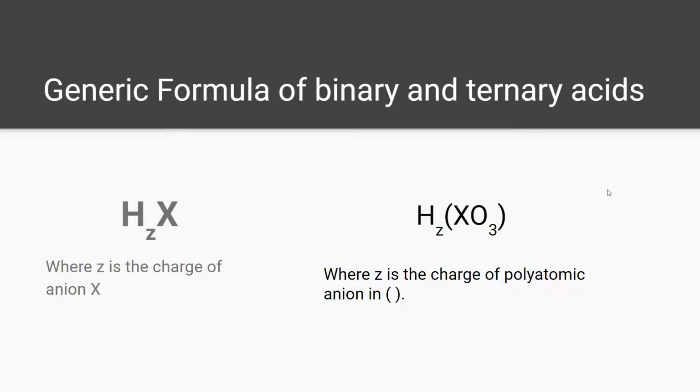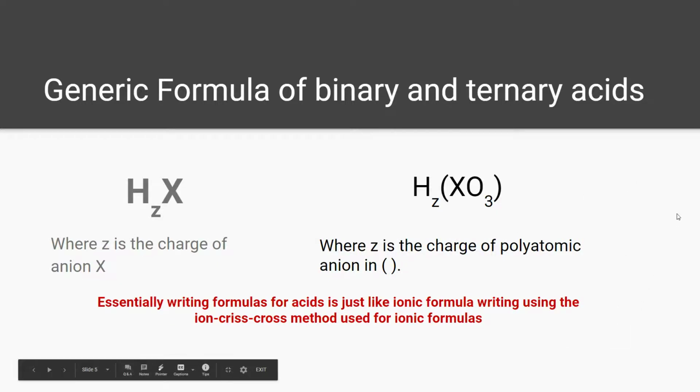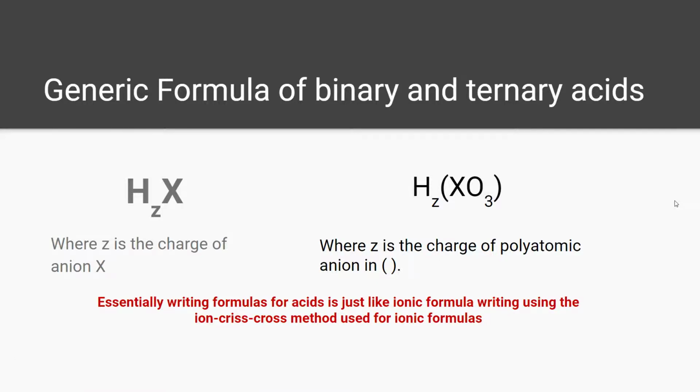The subscript that follows hydrogen will either be a 1, 2, or 3, depending upon the charge associated with the negative ion. There's no subscript following the negative ion because the charge of the hydrogen ion is positive in an acid. So essentially formula writing is just like ion crisscross. You're going to look up the charge of the hydrogen ion, which is +1, and the charge of the anion